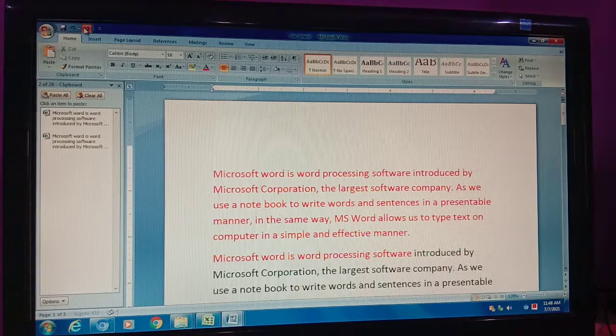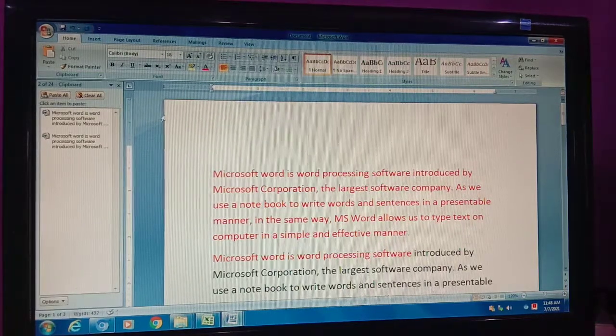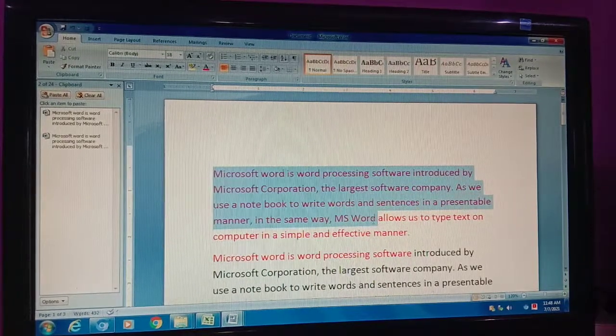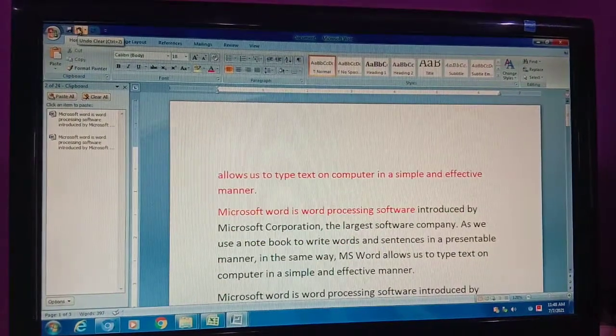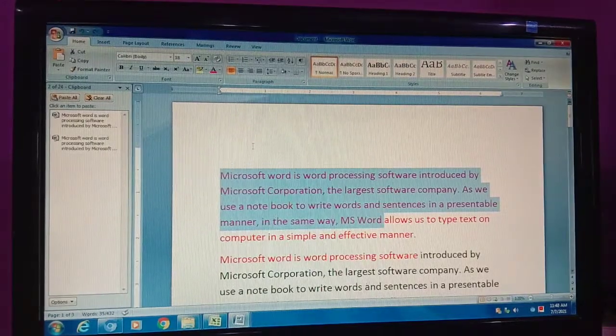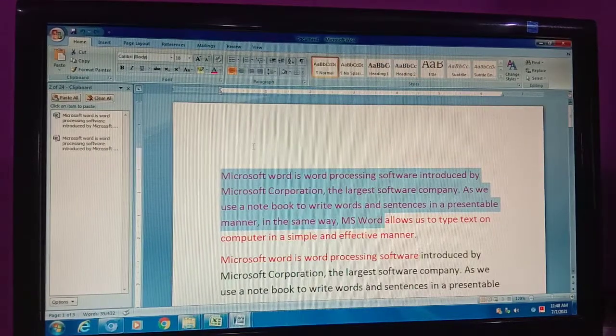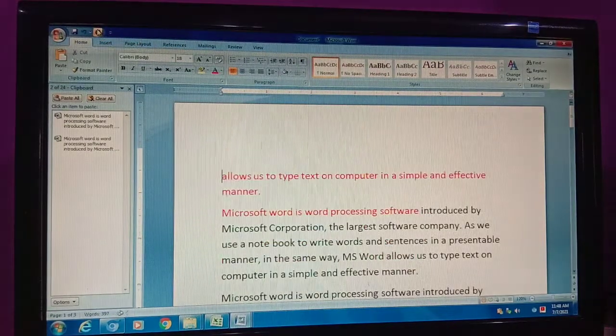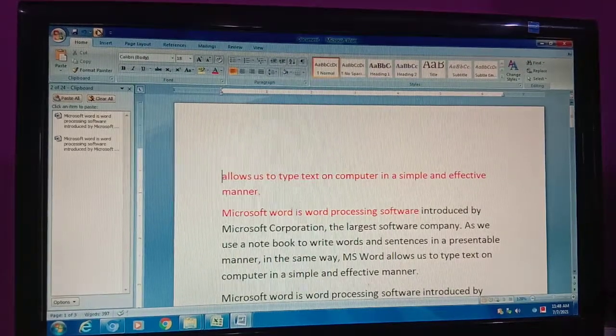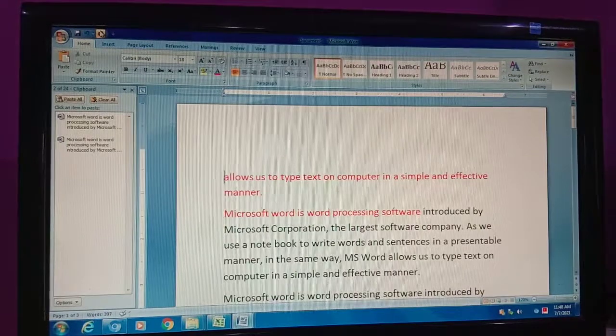okay, wait a minute. For example, I have deleted this text. Okay, now I'm deleting this. So to reverse your action, this is now my action is reversed, my deleted action is reversed. Okay, if I want to redo, it will be redone. Redo means दोबारा से वो action reverse हो जाएगा. It means जो हमने undo किया था वो दोबारा से हो जाएगा. Undo का reverse है आपका redo. Redo is a reverse of undo.